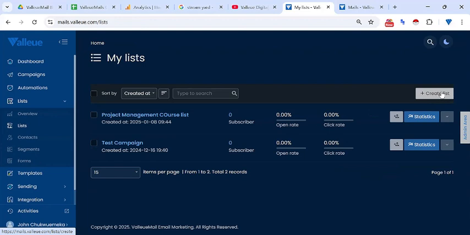I'm going to make another video to show you how to create a list step by step. But for the sake of this video, I'm going to use one of the already existing lists I created. So if you want to create a new list, just click on the create list button, follow the instructions, or you can watch a tutorial of how to do that step by step. So moving on,